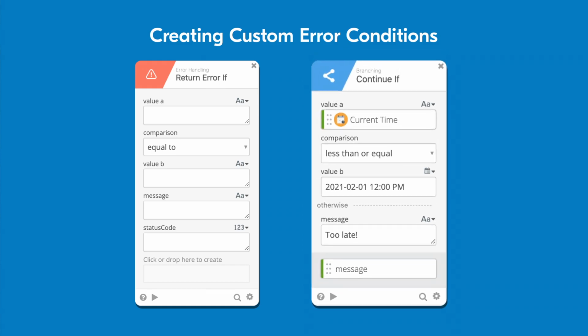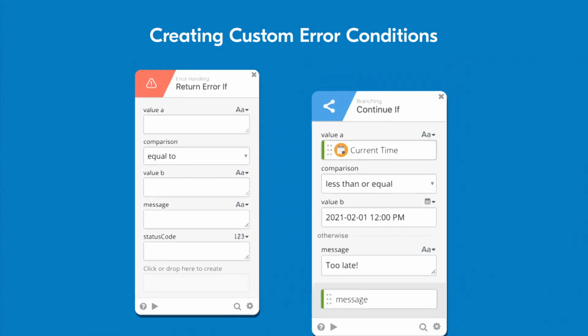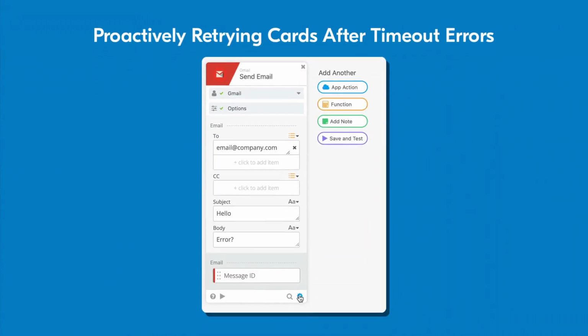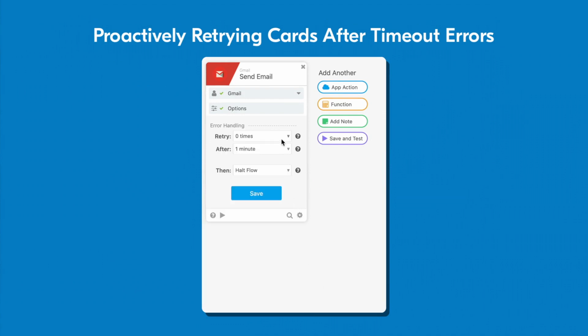This may seem unusual but is normal behavior for cards. They will always report a success whenever they successfully perform the action they were created to perform. Errors due to system timeouts, API rate limits, or known edge cases can often be resolved proactively. Within the error handling section of a card, you can retry up to 3 times with a 1 to 5 minute waiting period. This is particularly helpful when you are working with systems with really slow response times.